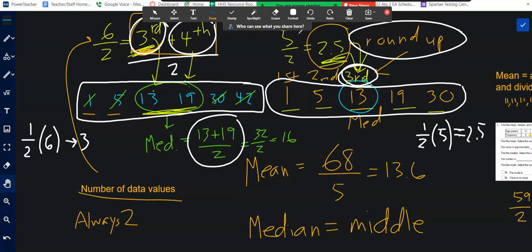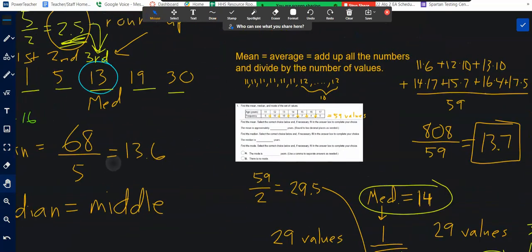So if you take half the data values, that will help you find where the middle is. It's either going to be a point something, 0.5, and you're going to round up, like the last example here, or it's going to be like the first example where you get a whole number, and that's when you have to average the 2 in the middle, the one you were guided to, and the one above that. Okay, now, in question 1,